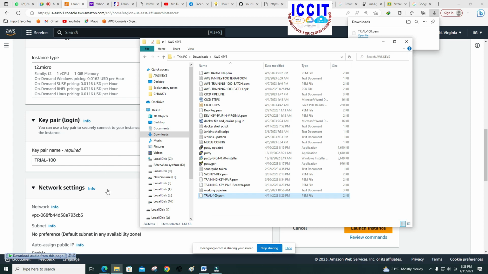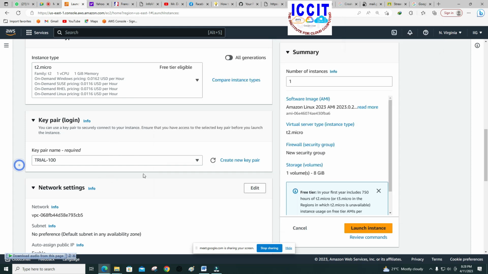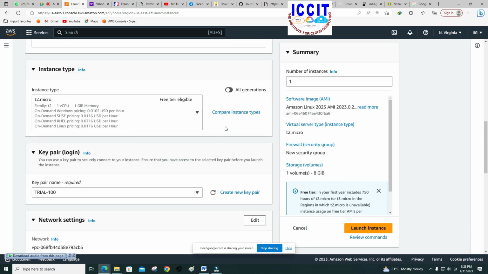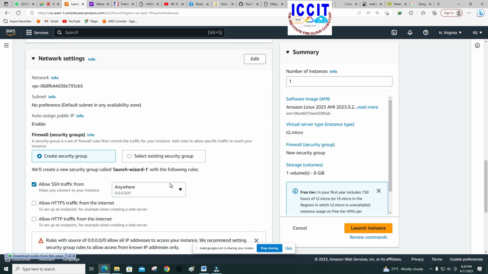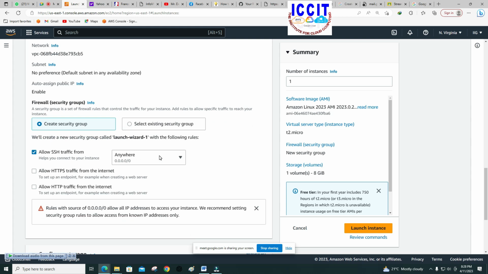So we go ahead. We are still in the process of creating our computer. We have just created a key pair for our computer. Now we come at the level of the security group. Now I have created so many security groups that are already existing. So there is no need of me to be creating again another security group when I know that I can use other security group. But if I wanted to create a new security group, like create security group, I should